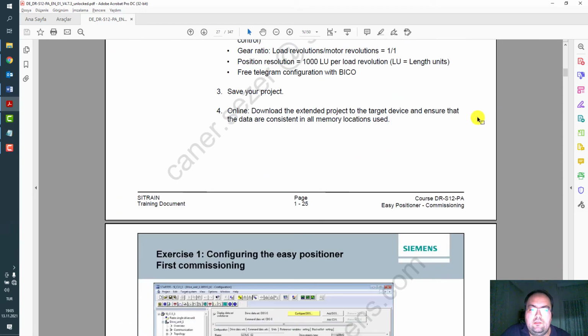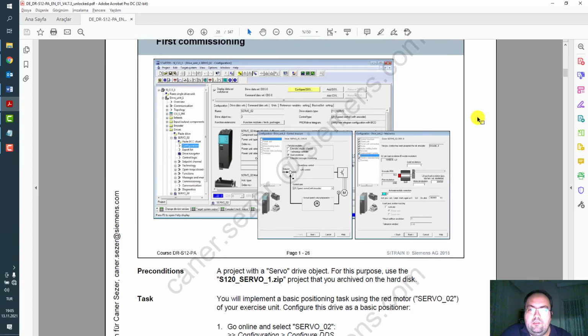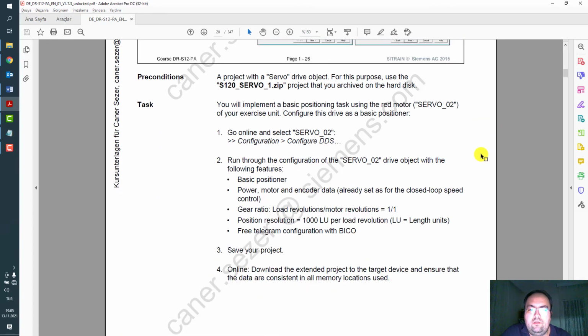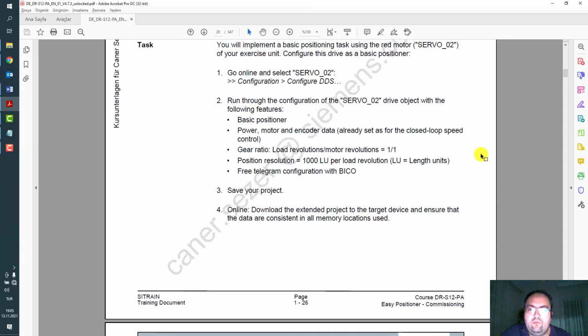There are some parameters you have to enter. And next page you will define the mechanics according to your real system or real hardware. So save your offline configuration.